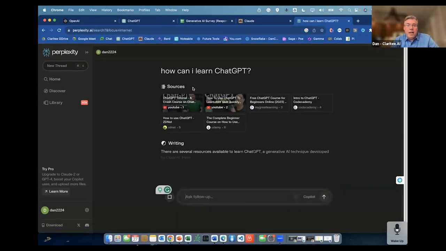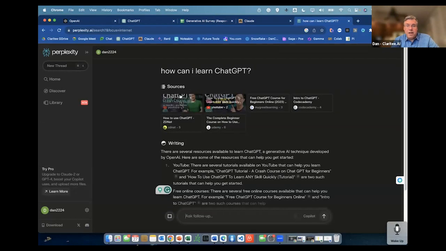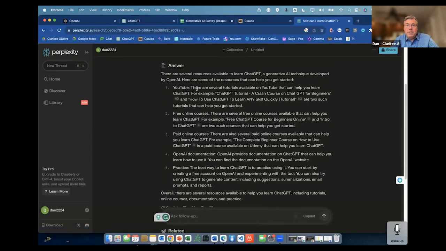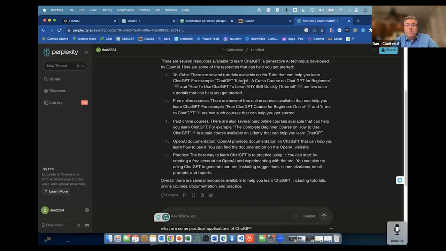And it will go out, and first thing it will do is find different sources. And then it will come up with a recommendation. There's several resources available to learn ChatGPT, a generative AI tool. But the beauty of it is all the resources are cited, and it also has the ability to generate